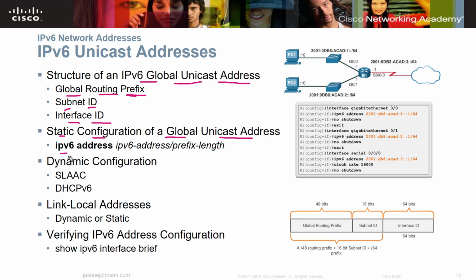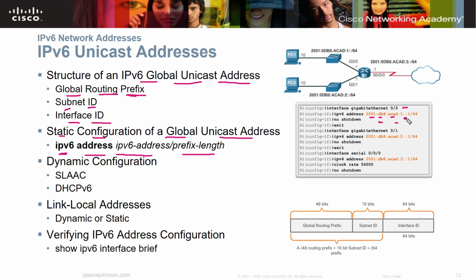So you put the static configuration into your router. So you have your v6 address, and then you put your address and your prefix length. It'll look something like this over here. So you'll go config t, you'll configure your interface, gigabit Ethernet is what we're doing right there, and that is your command. And then you're going to do ipv6 address, and then you're going to type in your v6 address.